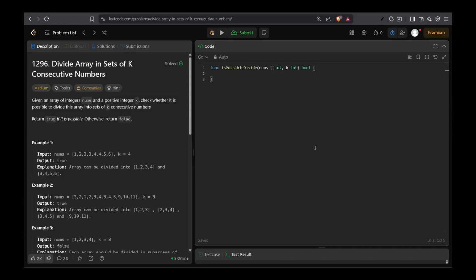Okay, so we are going to create a frequency map and we are going to fill it. So for _, num := range nums, frequency of num plus plus, right? Now then we are going to run another loop for _, num